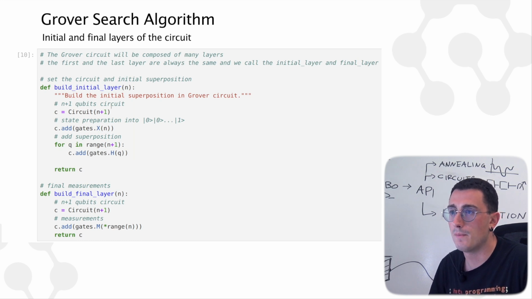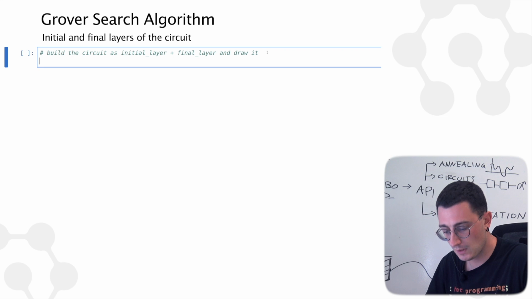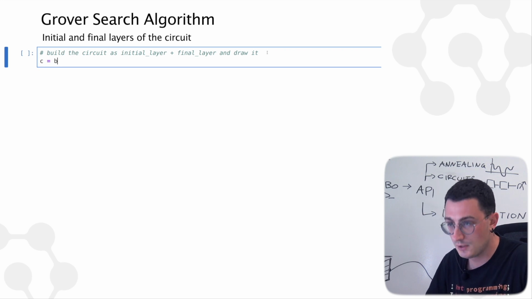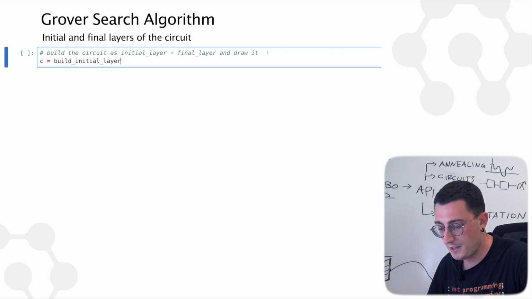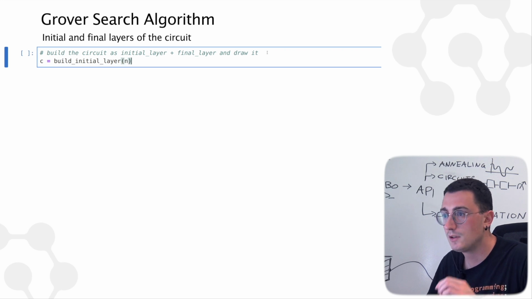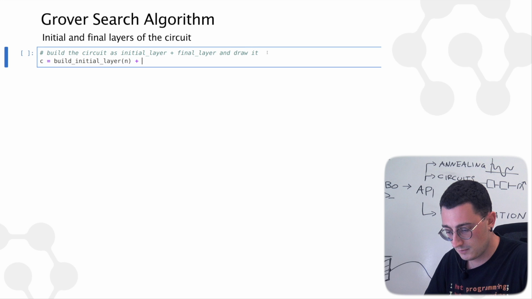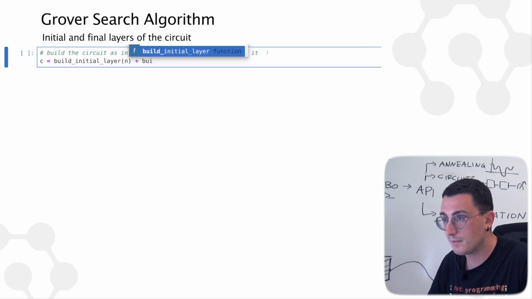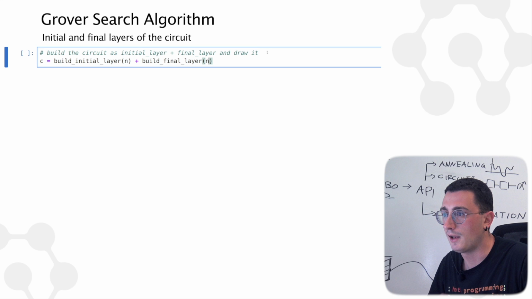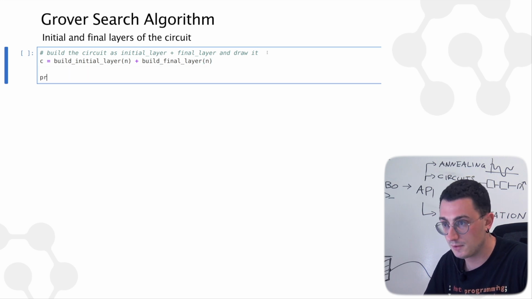Now we have our build initial layer and build final layer functions. We can combine them together, in order to see what happens if we execute just the initial and the final layer of Grover without adding in the middle any oracle or any diffusion operator. We can build a circuit C equal to build initial layer, and we pass n, plus build final layer, and we pass again n. We can draw also the circuit. Print